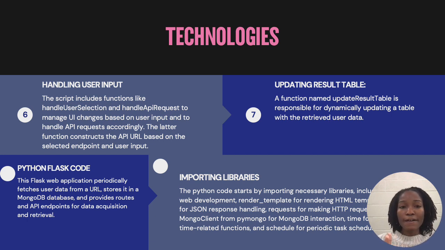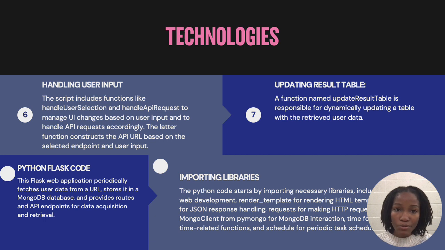Now the Flask web application periodically fetches user data from a URL. It stores it in a MongoDB database and provides routes and API endpoints for data acquisition and retrieval. The periodic task ensures the continuous update of data, and also the application is set to run on port 5000